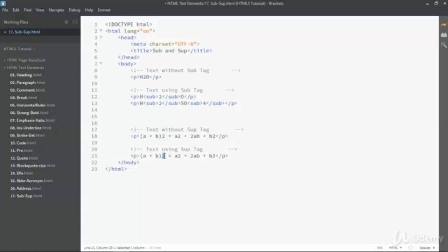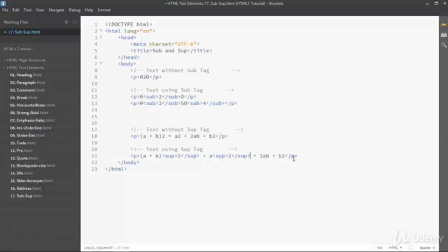So this should come on top as a square. So here I will put SUP and 2, and here also I have to put SUP and 2,